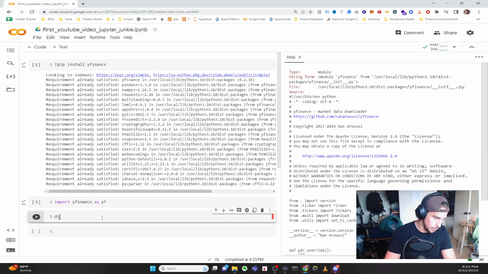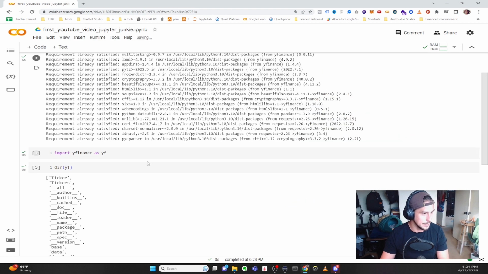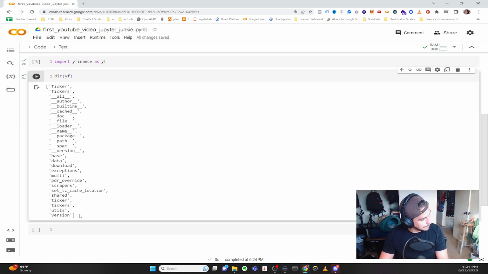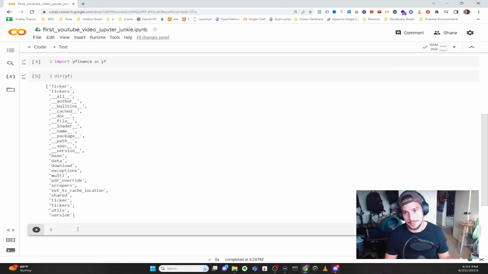Let's look at one other thing that might be a little more helpful for us right here, and that's taking the directory of this yfinance object. So we notice that we have a few functions that we have access to. I didn't actually script this before, as you can probably tell, but we're just going to go along with it. So in the directory of yfinance, exploring the object essentially, we see that we have